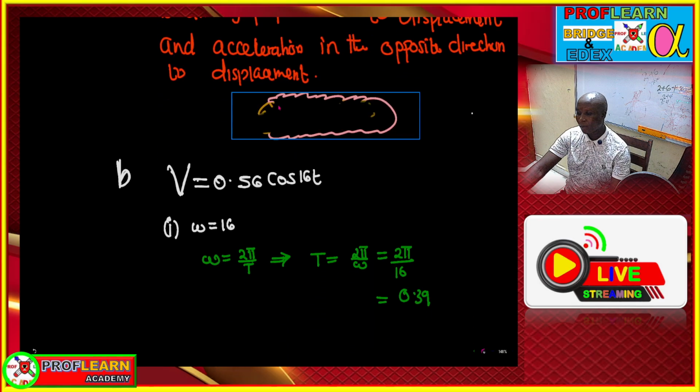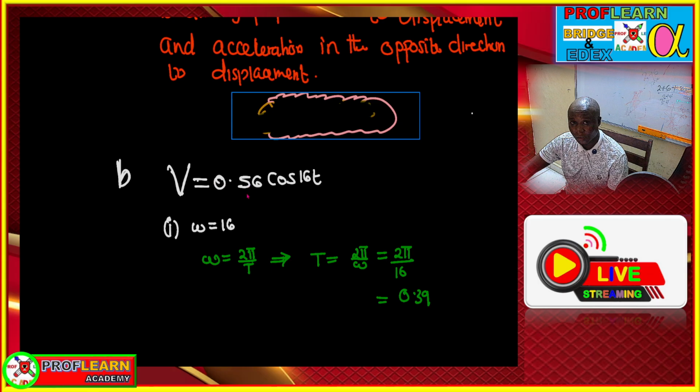And if you are to represent this equation, this is a simple harmonic motion, and v is equal to 0.56 cos 16t. From here we can see this value 16 is actually representing the angular frequency, and 0.56 is the